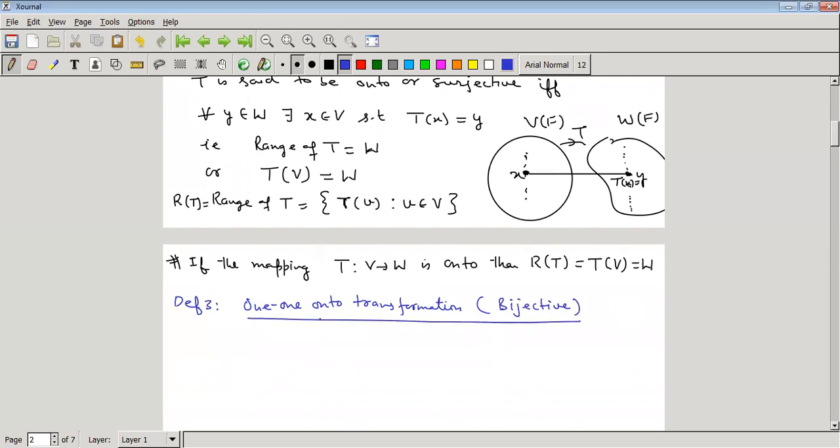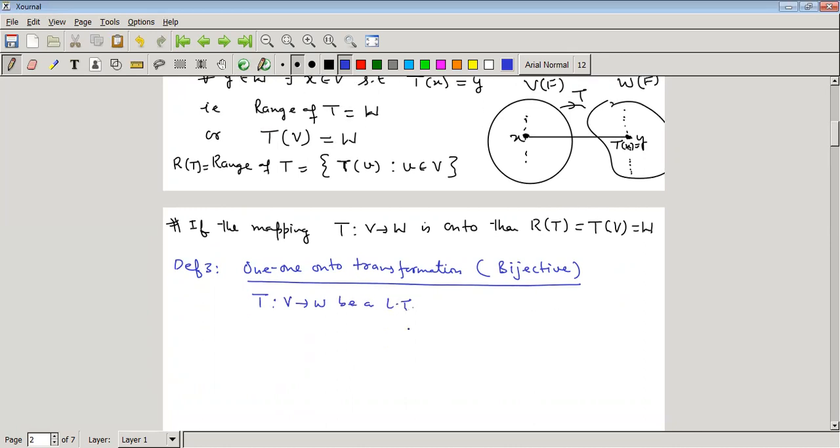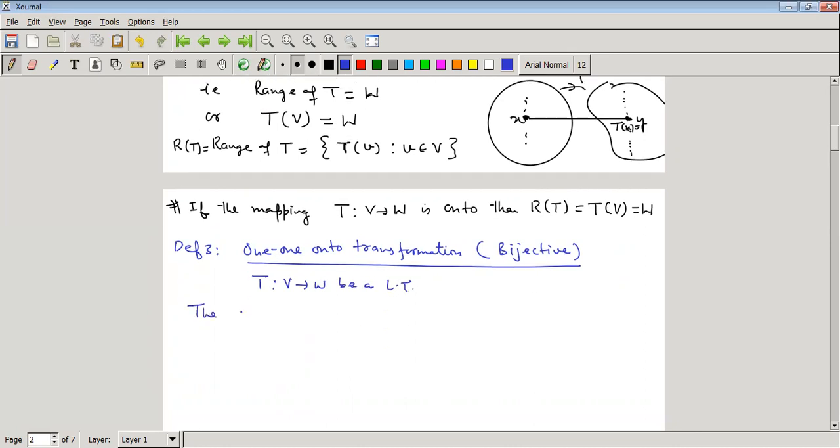Again, V and W are two vector spaces defined over the same field F. So we can say T from V to W is a linear transformation, and T is said to be bijective, one-one onto, if and only if